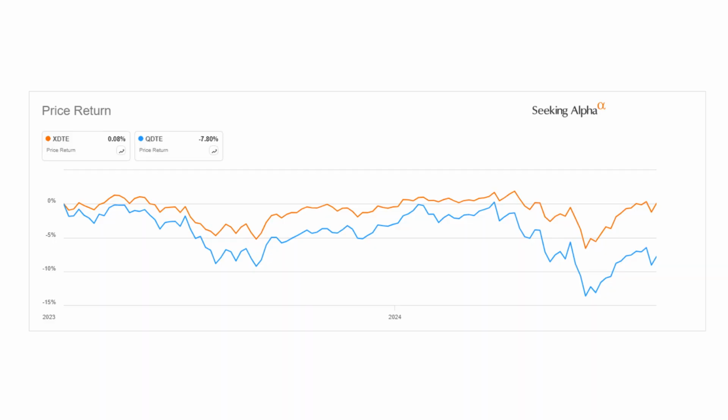The second point on the graph is notice how far those drawdowns are on the recent drawdown that happened, right? When we look at XDTE, it's just below 5%. When we look at QDTE, it's just below 13%. Notice how they recover, because when you see the next graph, you're going to say, Brad was right. This is how it's working. Why any doubt?